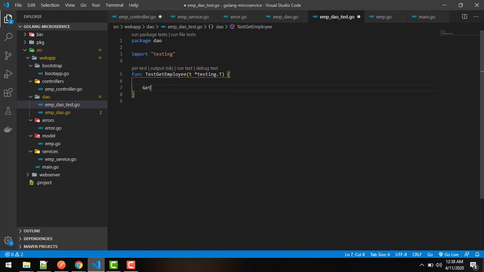So GetEmployee, and whatever the ID. Here I'll pass some wrong ID so that I'll get the error here, and I'll assign it to emp, err. Now the next thing is I'll put a check: if emp